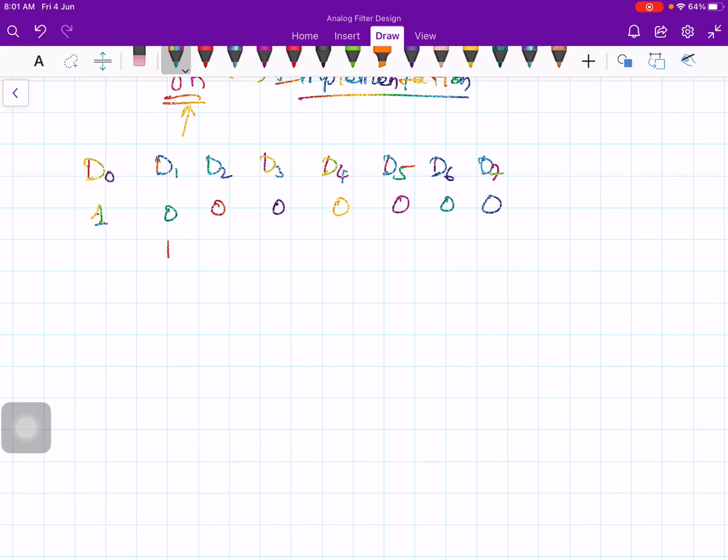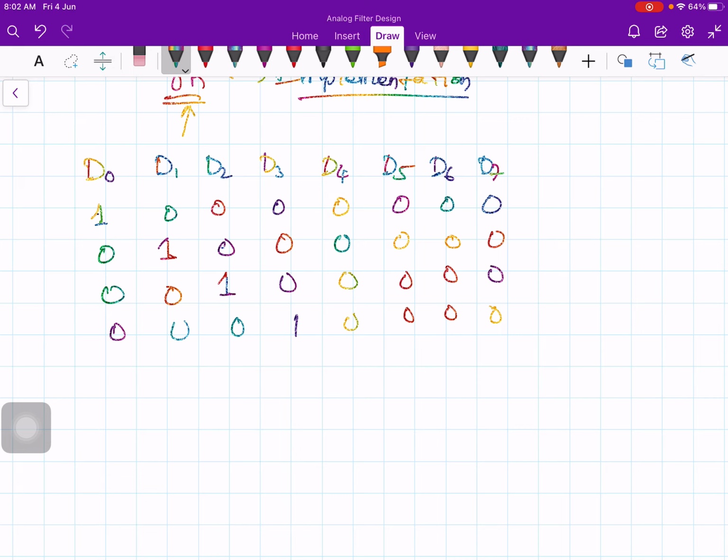Now let me press button D1, and the remaining inputs are 0. In a keyboard you can't press more than one at a time, so any one will be active at a time.